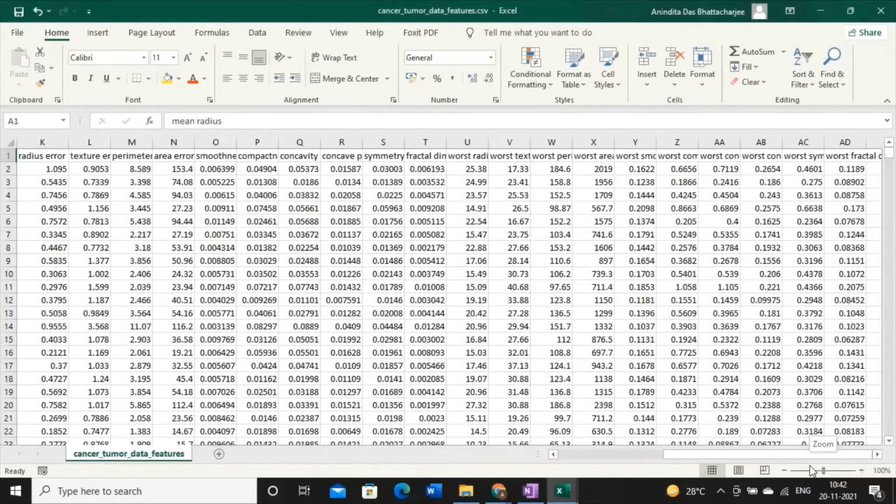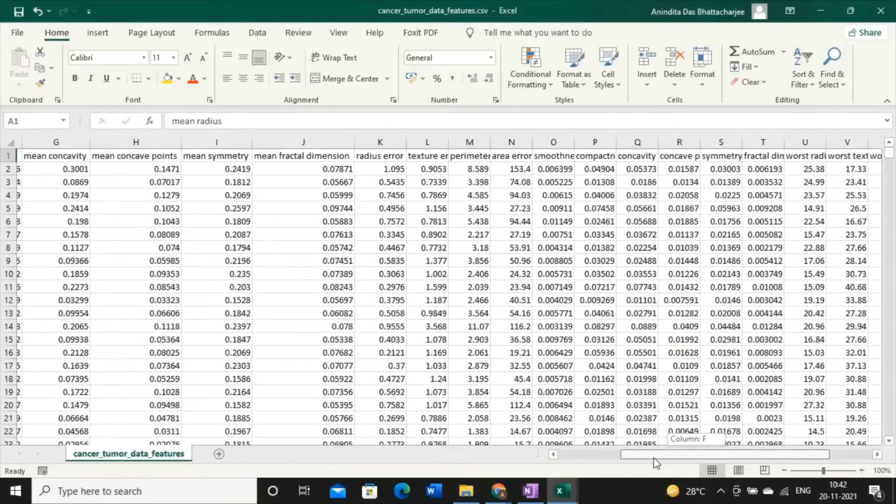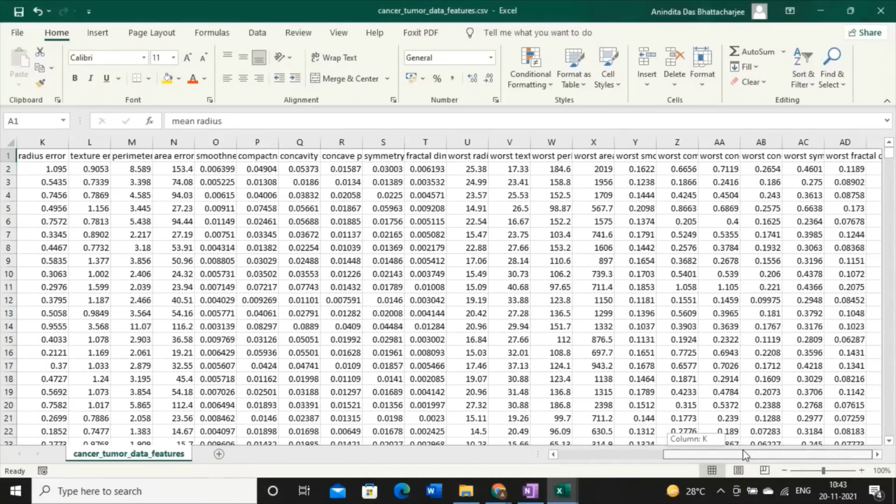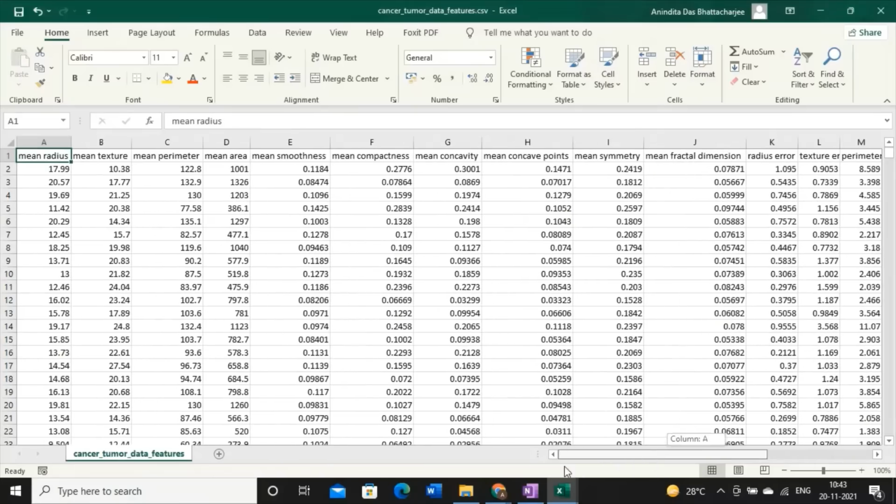I have already explained that if the number of features is higher, it is very difficult for us to visualize the dataset entirely. How can I visualize the dataset? It does not come in one page, and it is also very difficult for us to remember each and every column name. So the higher the number of features, the harder it gets to visualize the training set, and it becomes difficult to work on it. Sometimes most of these features are correlated.